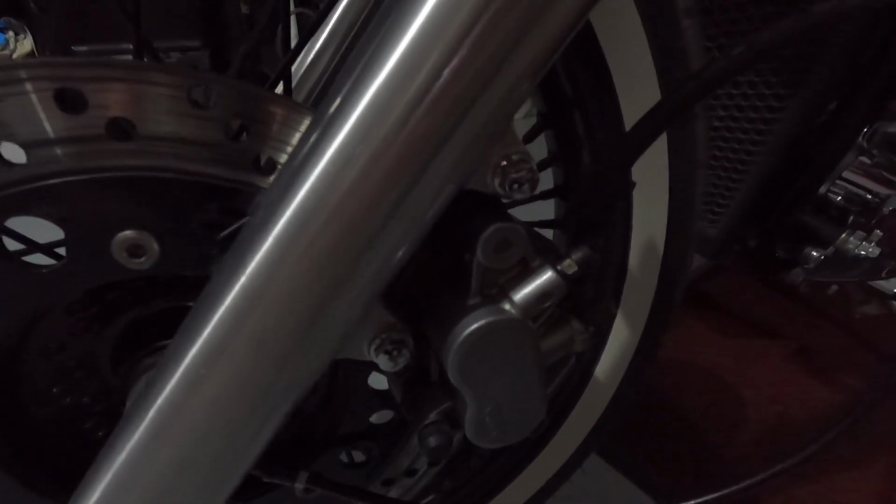On the brake caliper, it's just the standard brake caliper that is on there. I did paint them red. I don't know if you can see that. You might can see that from the other side a little better. But they are painted red. I don't get in there and wash too much. But